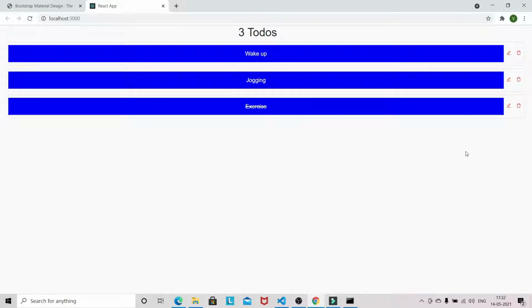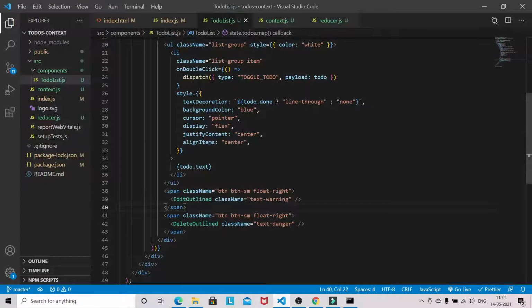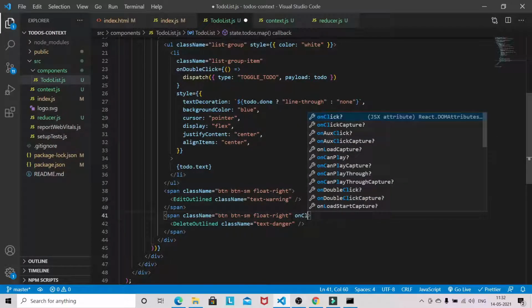Now we will implement the delete functionality. So to delete, we need to pass another action.